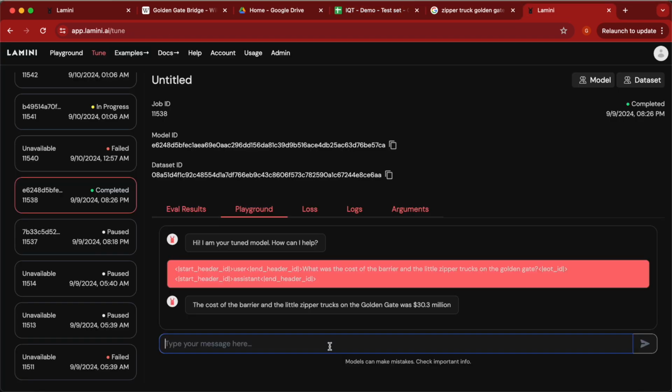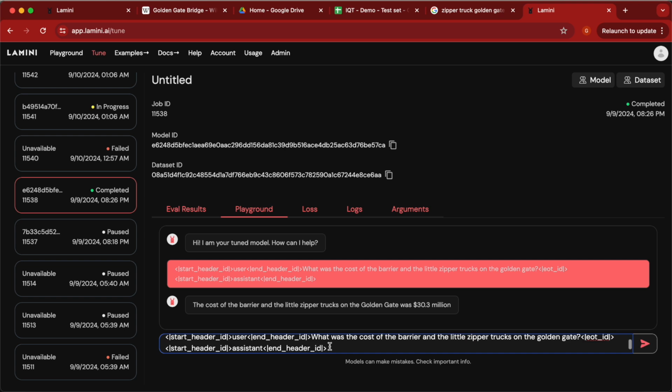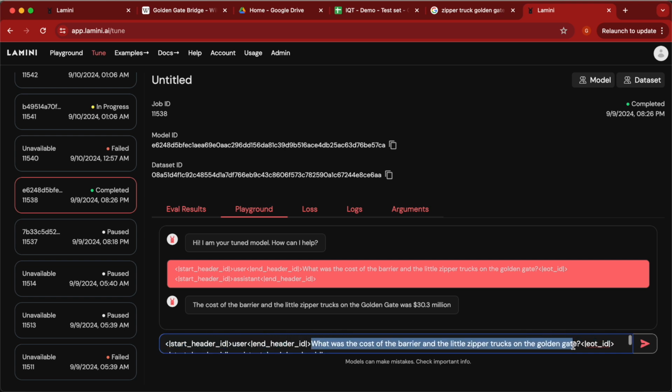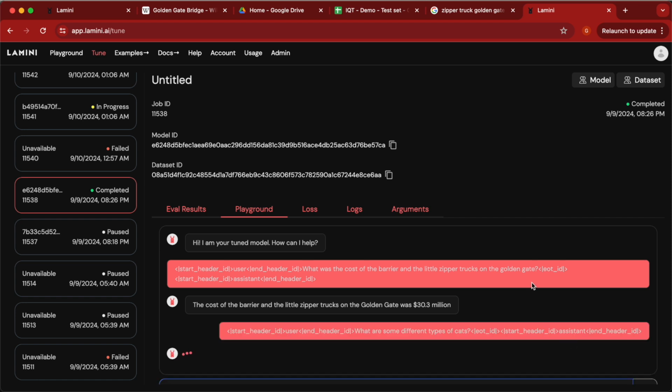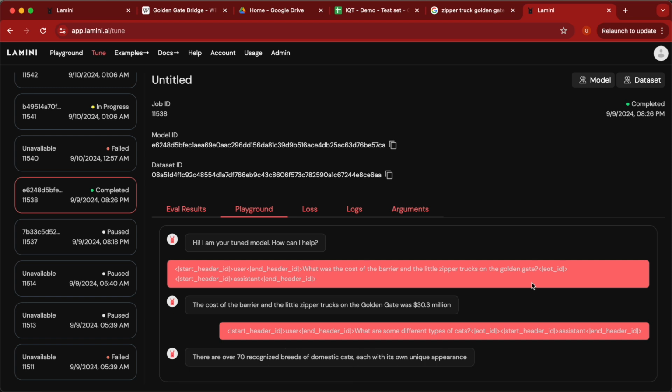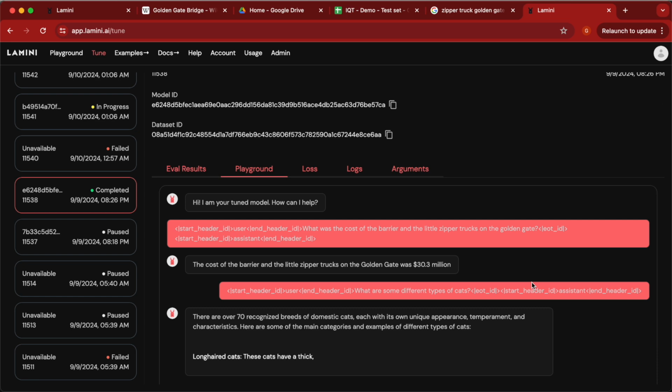It's trained on this Golden Gate Bridge information. Is it still good at answering questions about other things? Like, can it talk about other things? So I could also ask it, what are some different types of cats? Here are some of the main categories. Long hairs,